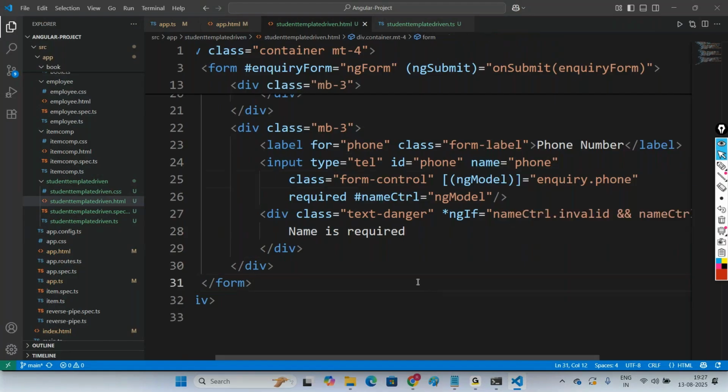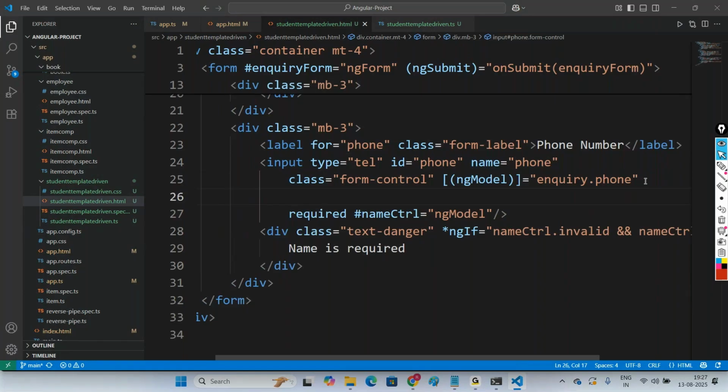Inquiry dot phone. Then here some more new things. Inquiry dot phone, and here we'll go with the pattern. So the phone number should have only what? Digits only. So here we'll go with a pattern equal to, the pattern should be what? 0 to 9. So we should take digits only in between 0 to 9, and we can go with maximum 10 digits. So this curly braces 10 indicates in the phone number we can go with 10 digits. Then required, and the validation control name is phone control,